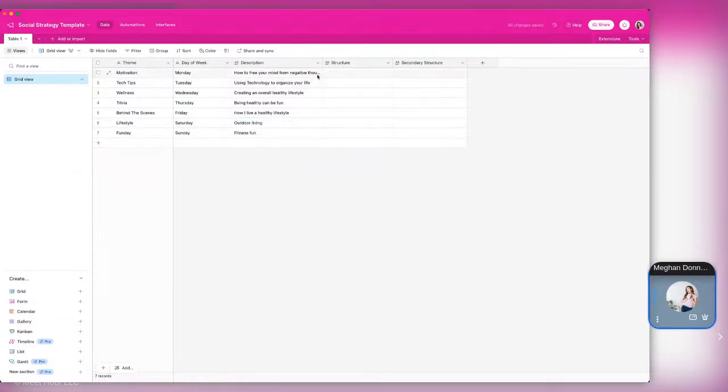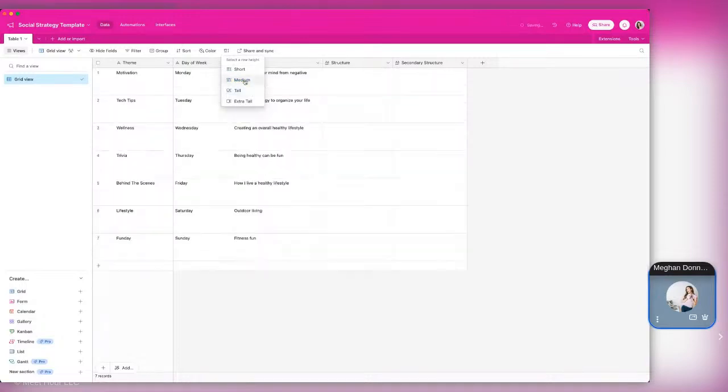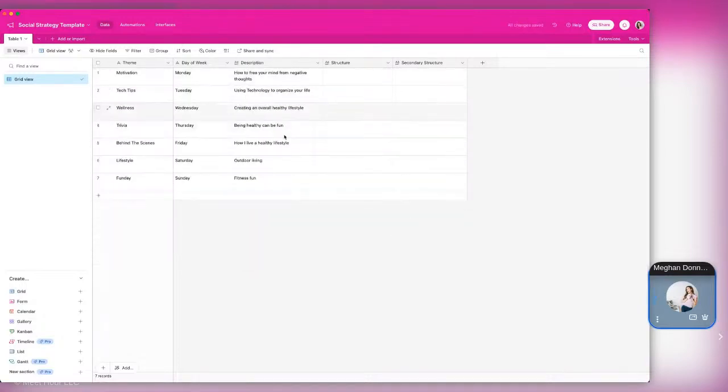Now, one thing is, if you notice, this cuts this off. So what you can do is you can come up here and make this a medium height. Or if you want to go tall or extra tall, then you can actually see all of your descriptions, which is great. So now the structure in here, if you're using the same structures that we are using, I'm actually going to drop them in here for you. And I'm just going to create another